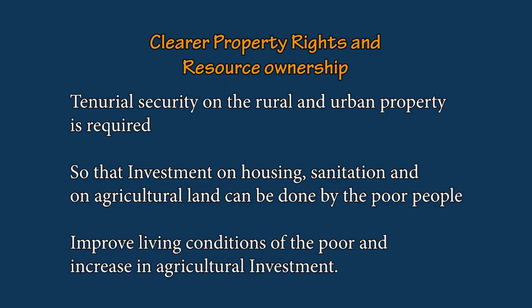Now come to the second part, where we have a lot of poor population who are already dependent upon agriculture, and they don't have clear property rights. If the basic idea is to give poor people a basic amount of income, then we need to give them some tenurial security. Even a person who would like to invest in his or her land really can't do it, because they are farming someone else's land, so they don't know whether after the investment they might get evicted from the land, right? If the poor person or farmer has a clearly defined property right, they can put some investment into their farming land or their house as well.